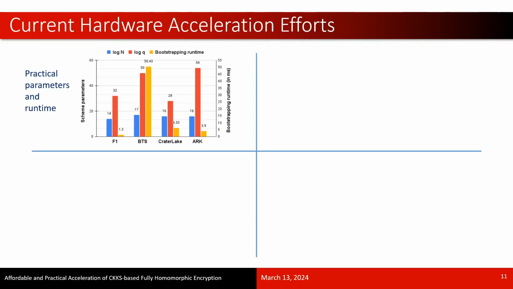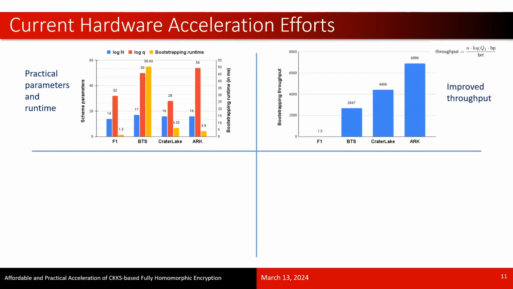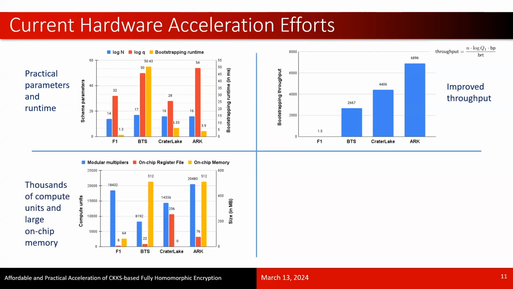So what we do is compare the bootstrapping throughput, which is defined by the equation given here. It takes into account the differences in the slots and the levels of operations that can be performed during bootstrapping. We see on this plot that ARC is able to achieve a better bootstrapping throughput as well. However, the problem is that to obtain this high bootstrapping throughput, these ASIC designs implement tens of thousands of